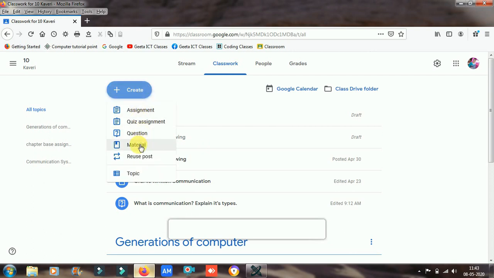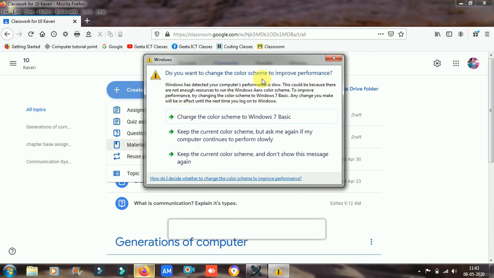And if you want to create any material that you want to share with the students, this is quiz assignment, and I have already shown you how to make the forms. This is the quiz assignment, that is that form only. And next is material.